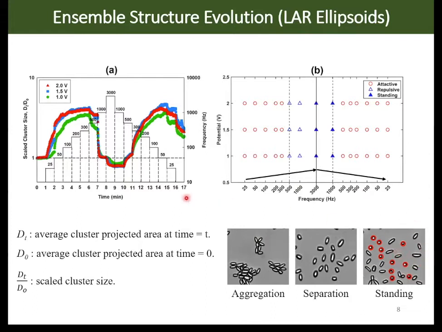A standing ellipsoid will have a smaller circular projected area as compared to a laying ellipsoid at the elliptical projected area. In addition, low aspect ratio ellipsoids display another hysteresis in the frequency over which they stood up. From figure A, you can see ellipsoids are aligned at a frequency of 3000 Hz when ramping up in frequency, but did not relax to the laying status until ramping down